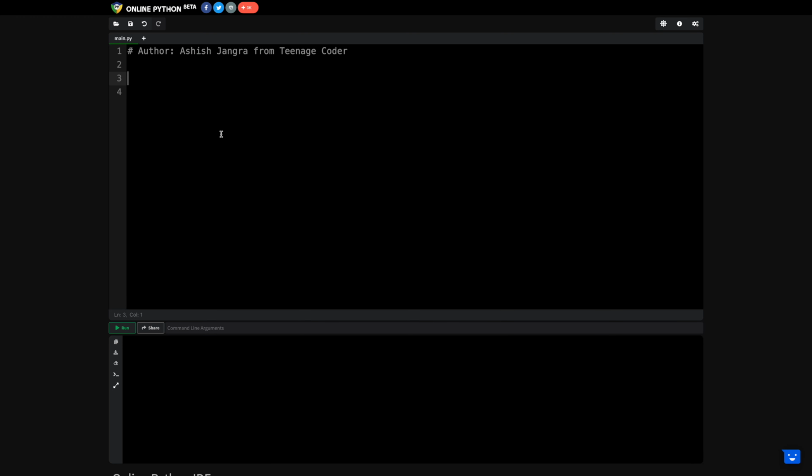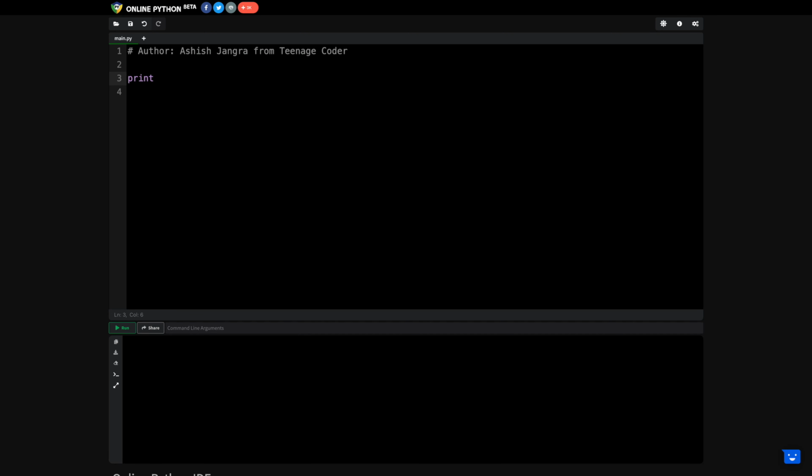This is our compiler, which is an online Python compiler, by the way. And now we are going to print something. And to print something, we need to use a function, means we need to call a function which knows how to print anything. Clear? And what is the name of that function? The name of that function is just simply print. Print, and that's it. To print anything, we will use this function named as print.